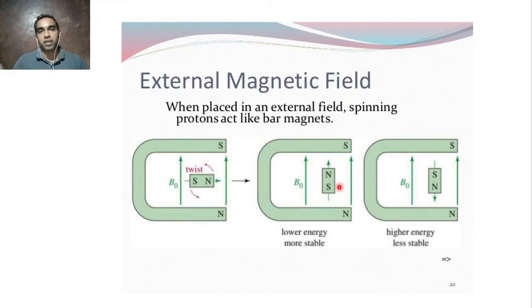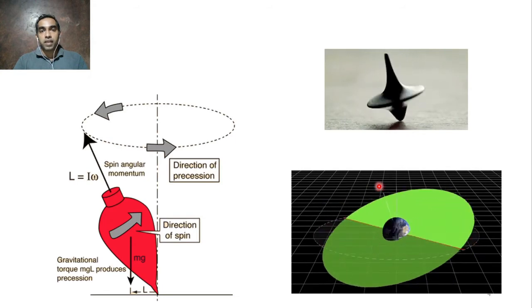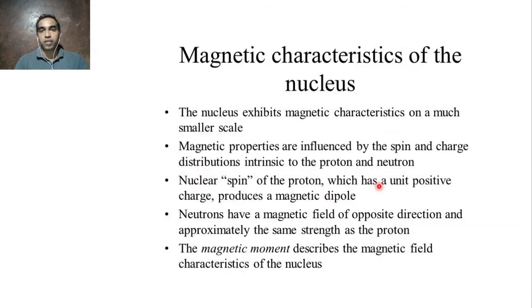Okay, that energy will be measured. That is spectroscopy. Whatever the energy emitted or energy absorbed will be measured. Either energy absorbed or energy emitted you can measure. That is nothing but the spectroscopic characteristic. Or the spectrum arises because of that. This is the precession of the nuclei I spoke about, and these are the magnetic characteristics of the nucleus.